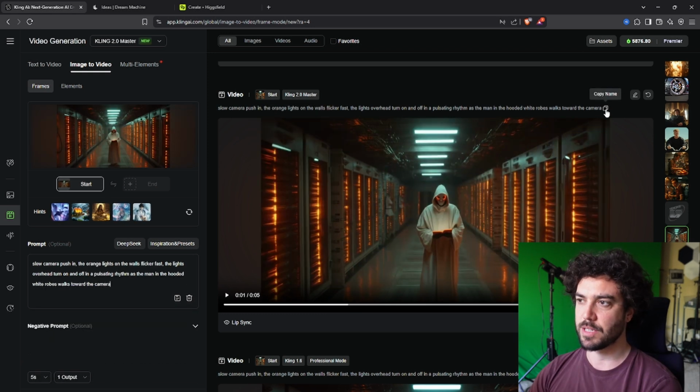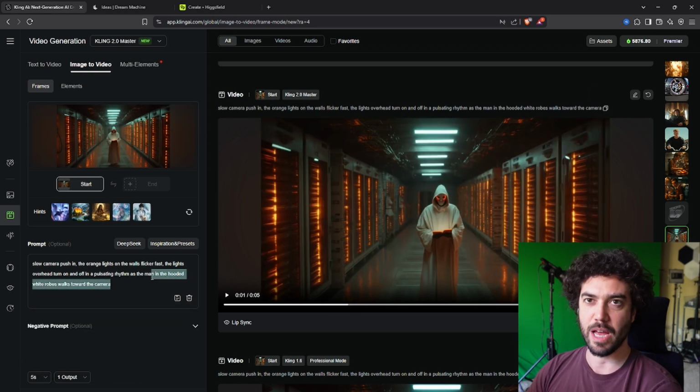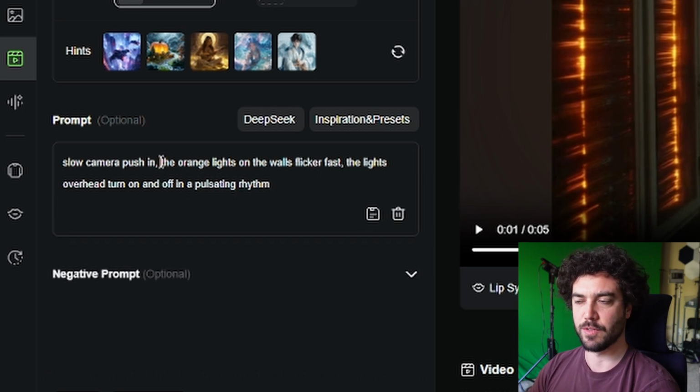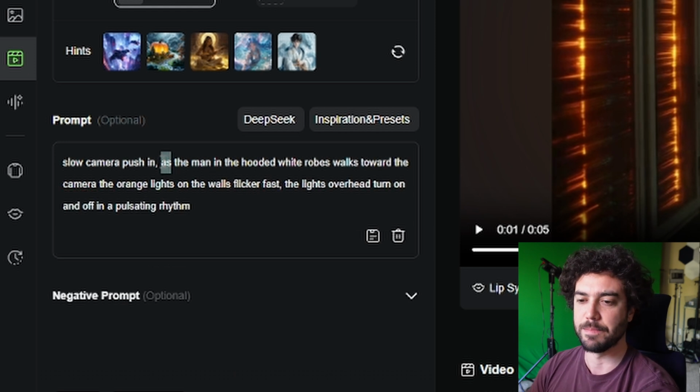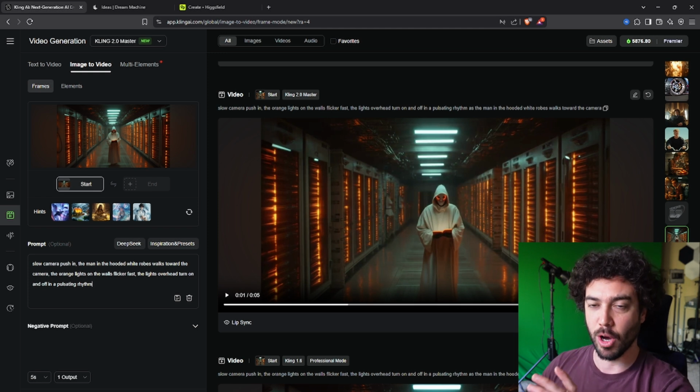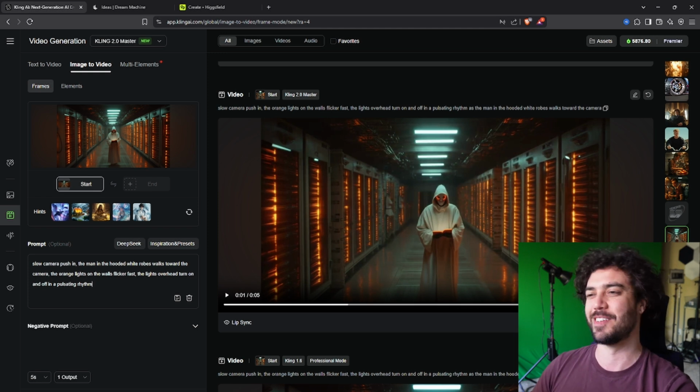I'm gonna use the exact same thing. I'm going to put this at the top. Camera push in, the man in the hooded white robes walks toward the camera. The orange lights flicker fast, lights overhead. So we'll see if he walks toward the camera this time. Spend that 100 credits. That's the other thing with Kling 2.0, though it is expensive, so you have to kind of know what you're going for,